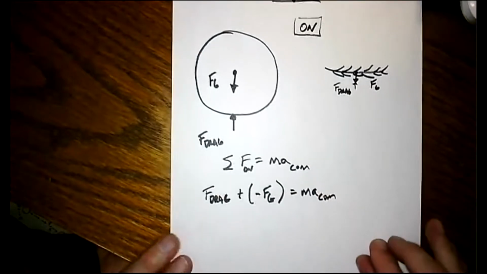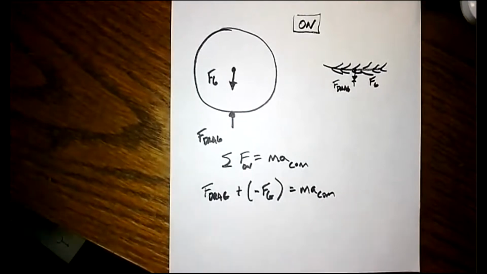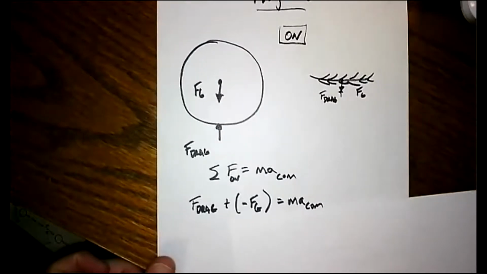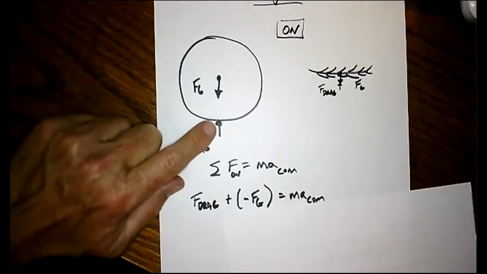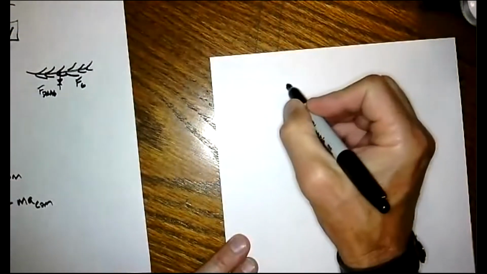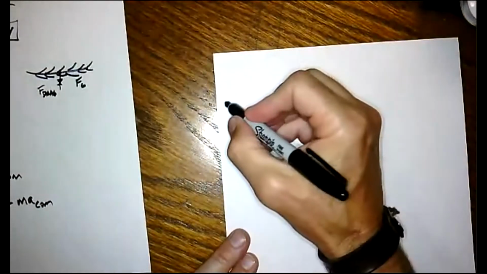Now, an interesting thing, which is good to introduce, is let me go back. Let me draw another situation here of what's really happening. Because again, I drew this force arrow like that. This is one moment in time with this object falling through the air. Let's take a step back and think about what really is happening. I'm going to put the bowling ball here again. And initially when it's dropped,